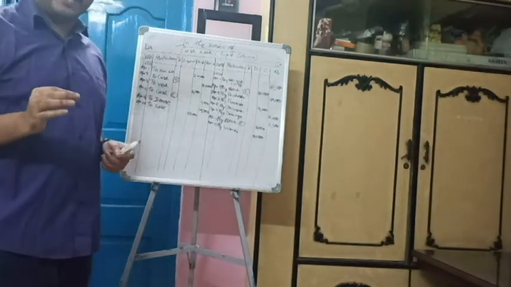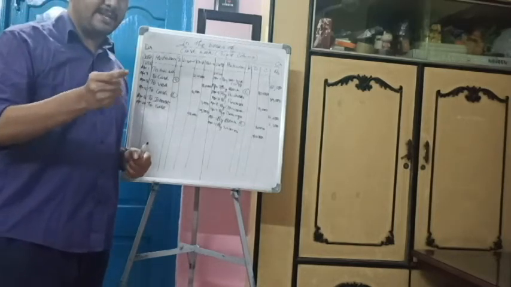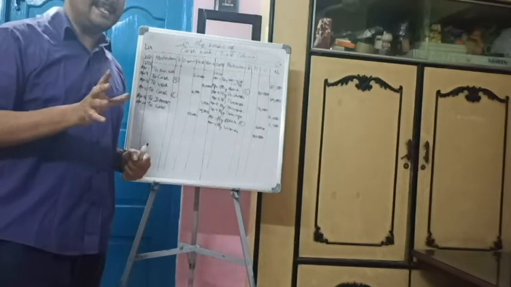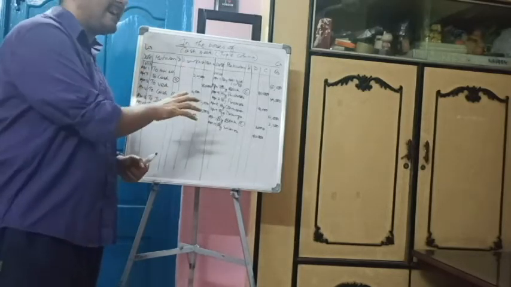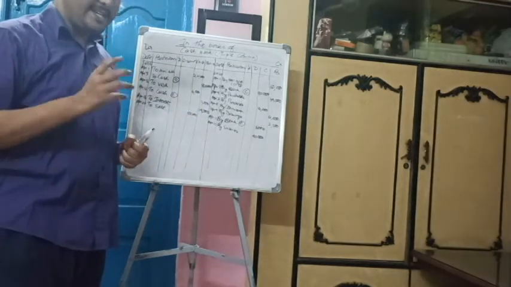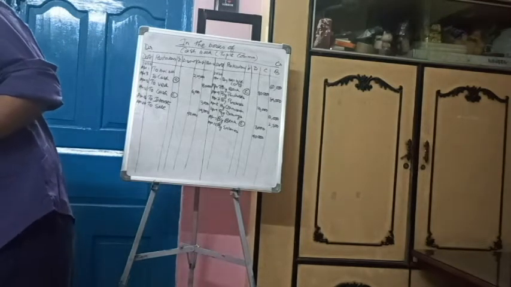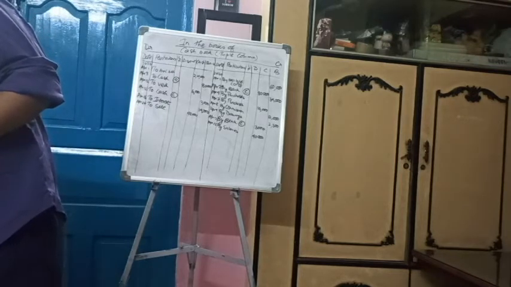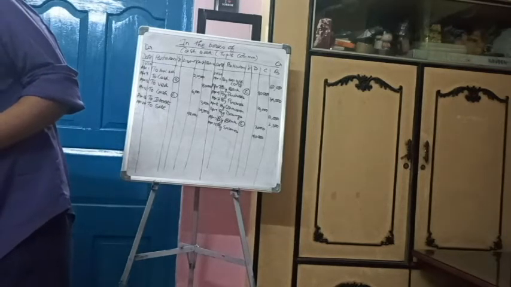Next entry is goods sold to Sona and Company, Kolkata. I have told you first in the beginning, goods sold to Sona and Company means sales has been made on credit. So credit items would not have any effect on the cash book. It would come in purchase day book or sales day book, not in cash book. We will discuss that later. So here there will be no entry for goods sold to Sona and Company, Kolkata. Next is received check from Sona and Company after discount of rupees 800.